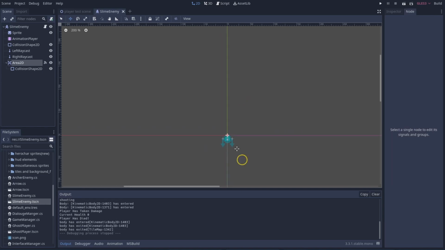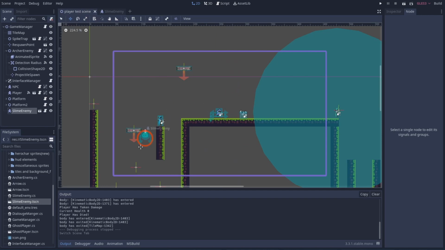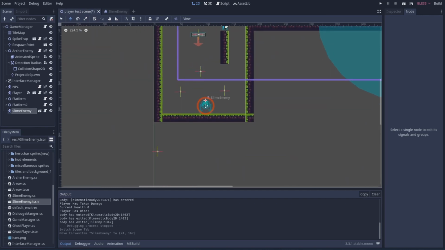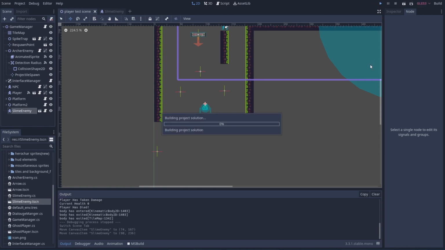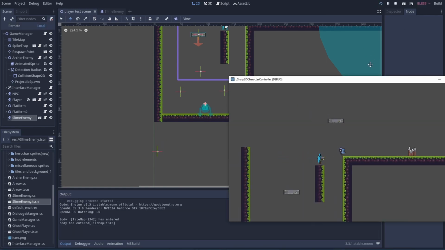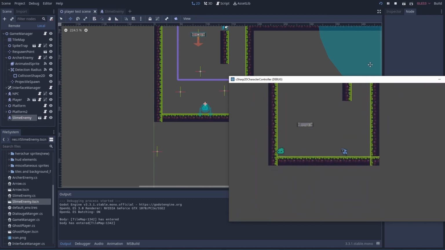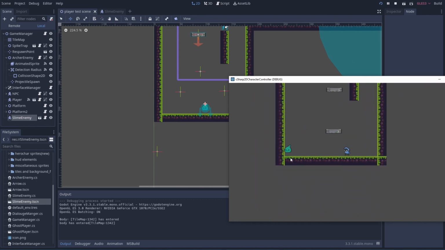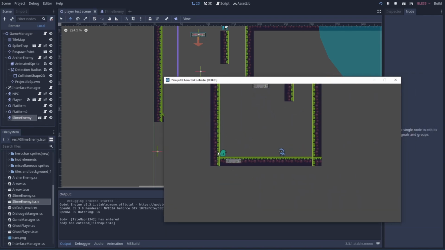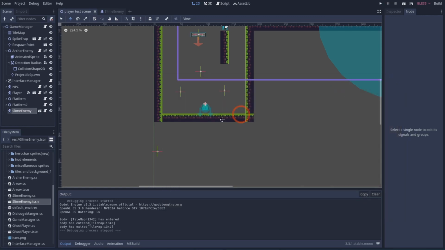All right. So now we have one last thing that we need to do. If we take a look at our slime enemy, let's drag it down here. So let's say it's down in this area, and we hit play, and we kind of run down here and fall. You'll see that the slime enemy just keeps going in one direction, and we don't want that. So what do we need to do? Well, we need to put raycasts so it knows which direction it needs to go, for it to be able to detect if there's a wall on this side. So let's close that.